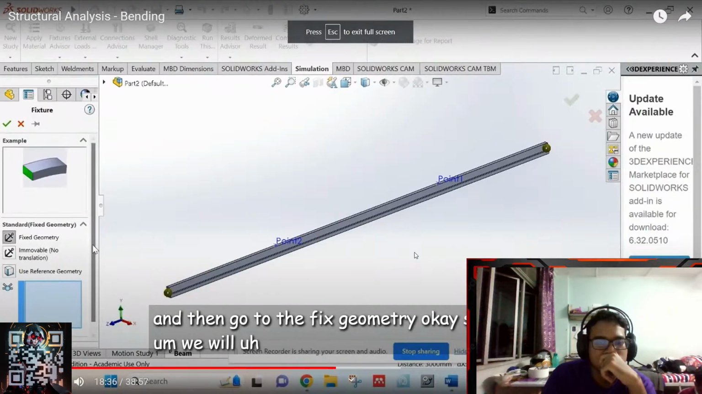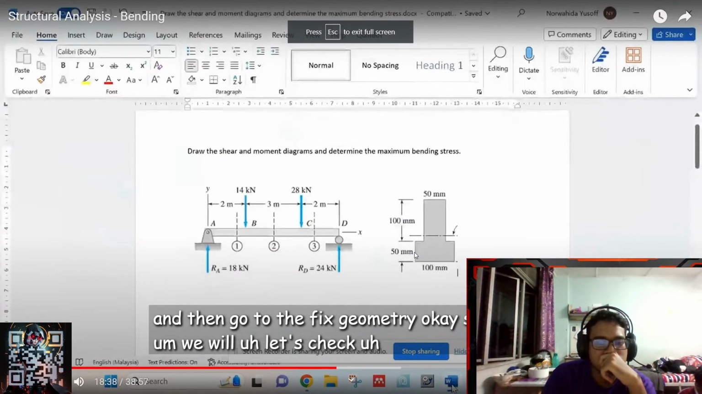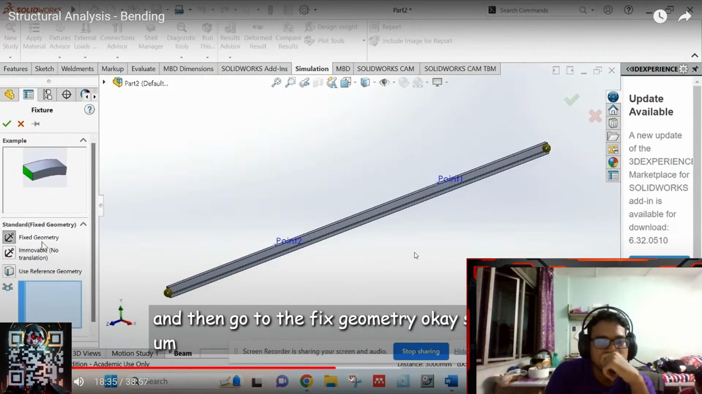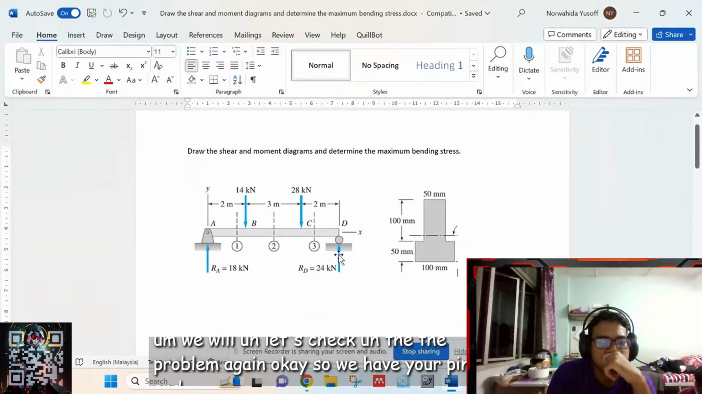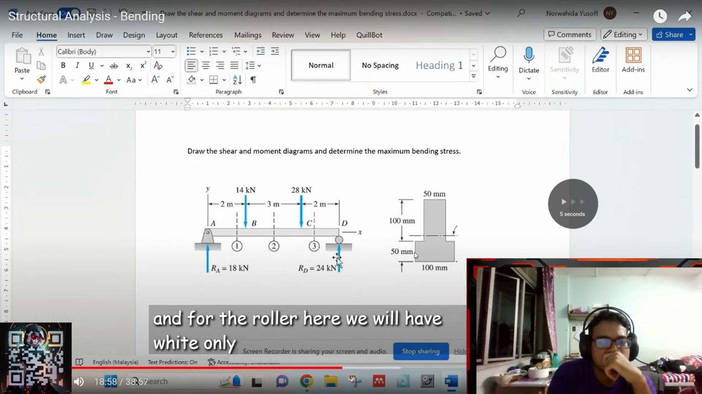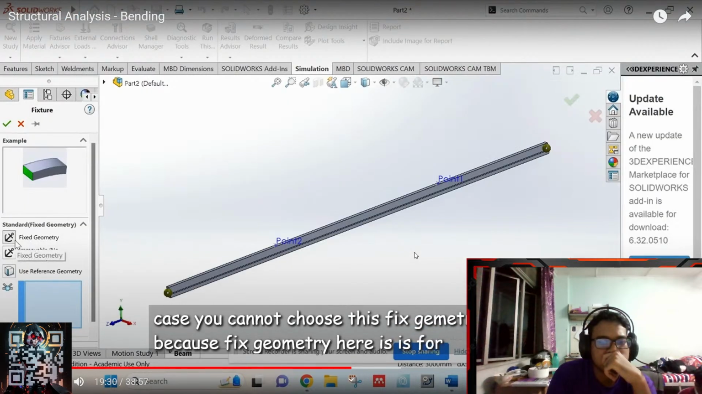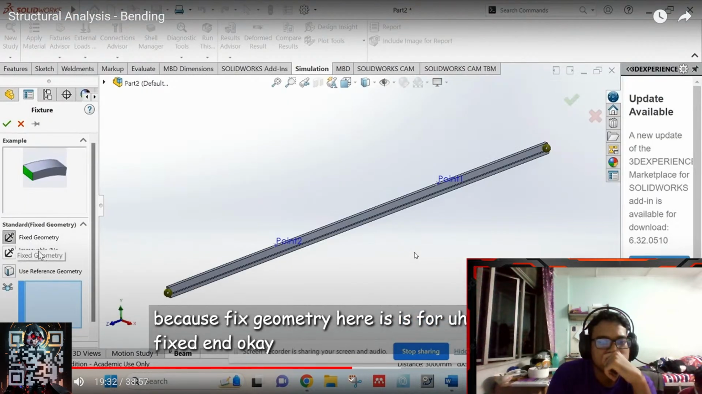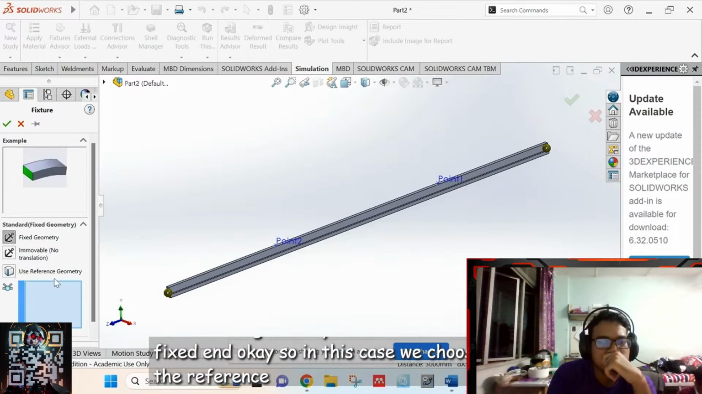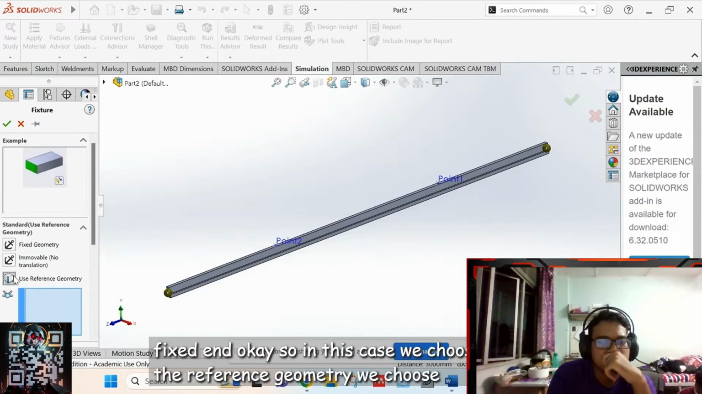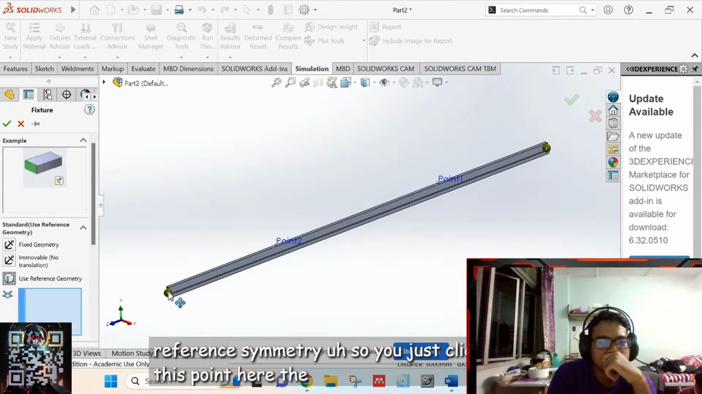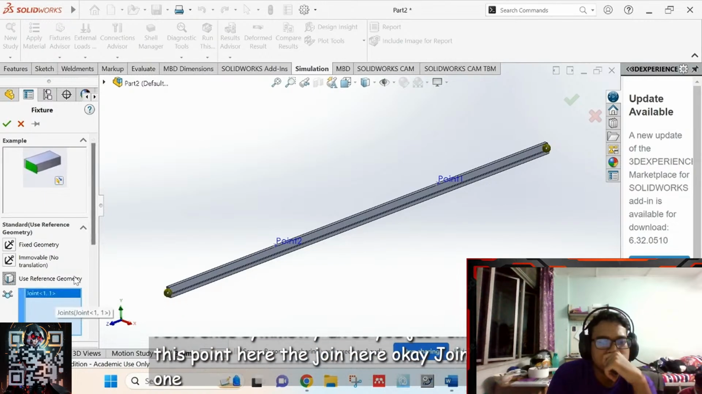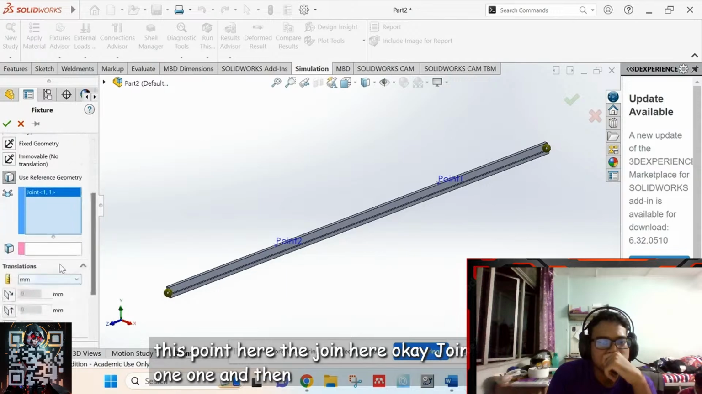We will like check the problem again. Okay, so we have here pin and also roller. They have also point. Okay, is for fixed end. Okay, so in this case we choose the reference geometry. So you just click this point here, the join here. Okay, join 1 1, and then you need